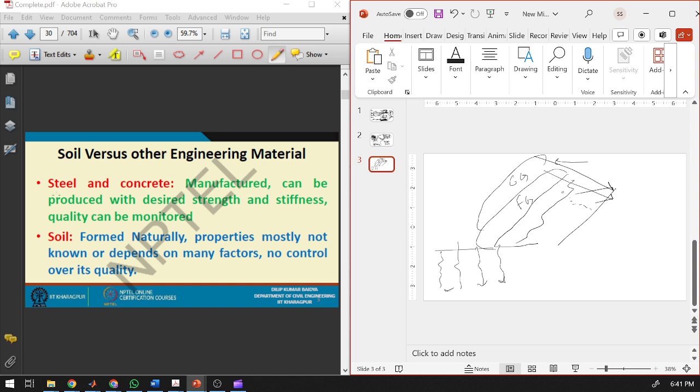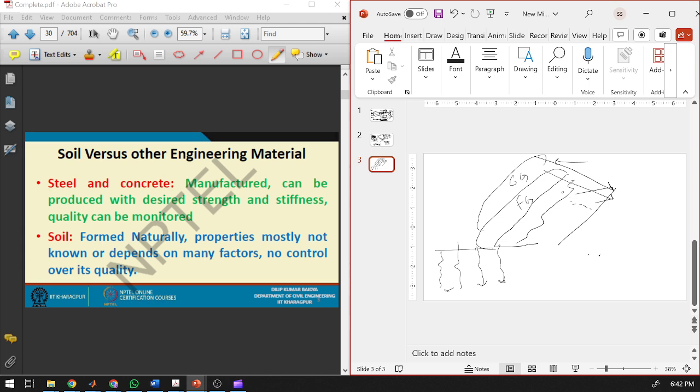For example, you have some man-made material that will be homogeneous throughout because you have mixed it that way. You have made it that way. But soil, because it's a natural material, it will have many different kinds of inhomogeneities, and these materials when you make them are usually isotropic, but the soil, because it is a layered formation, for example, when we talk about